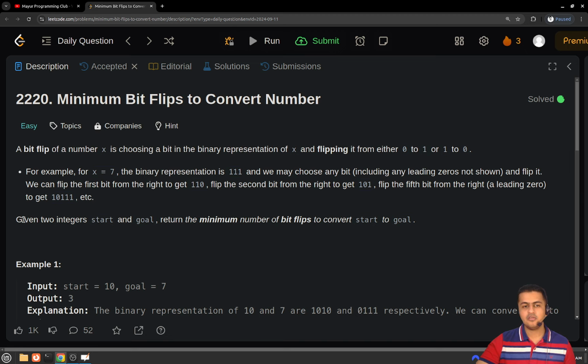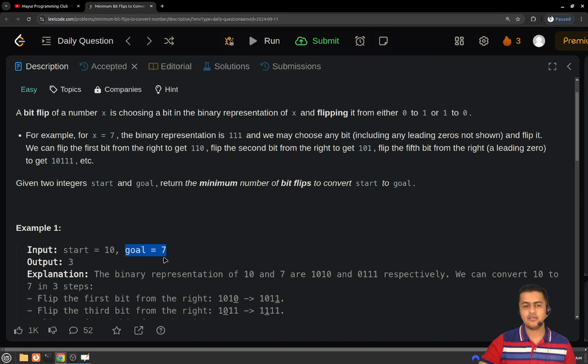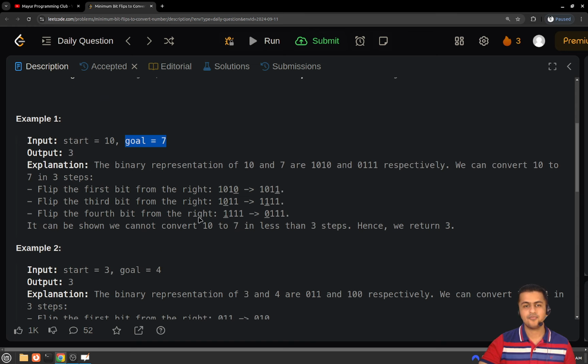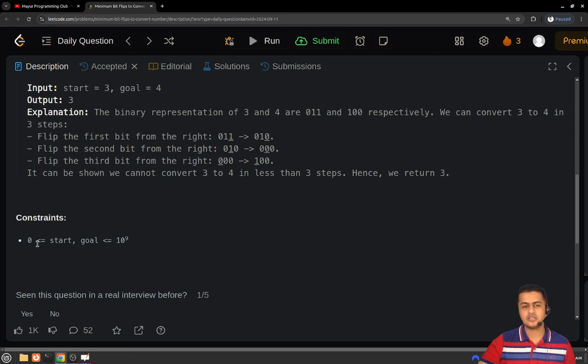Given two integers start and goal, you have to return the minimum number of bit flips that will be needed to convert the given start number to the goal number. Before thinking of an approach, let's have a quick look at the constraints. So according to the constraints,